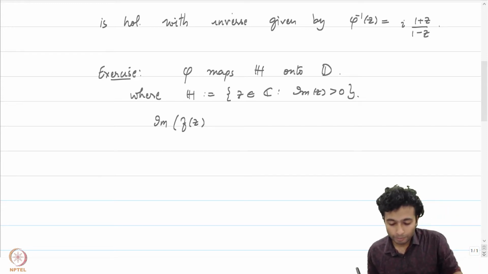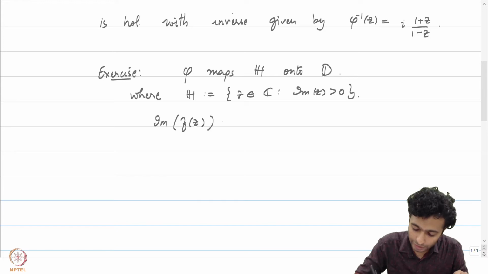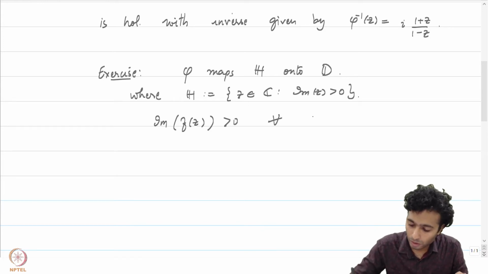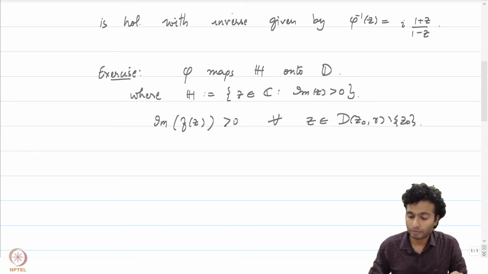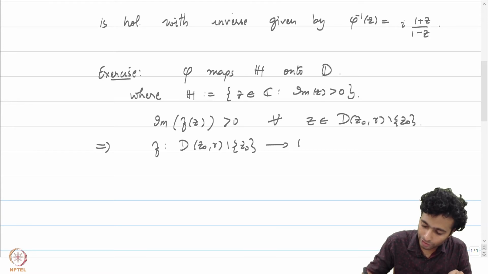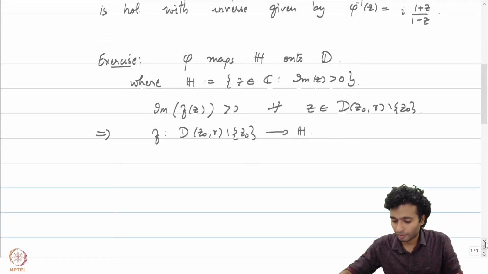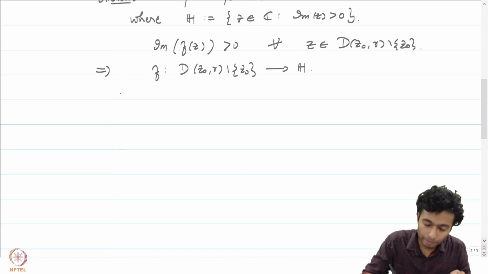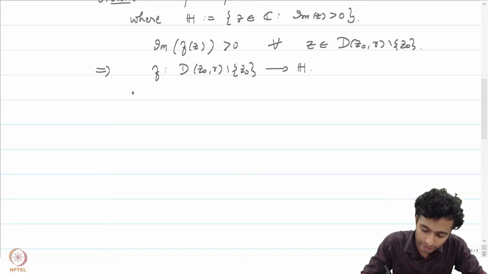Now getting back to our problem, the imaginary part of f of z is greater than 0 for all z in D(z0, r) minus z0. Well, that means that f is a map from D(z0, r) minus z0 into H, right? And by composing it with phi,